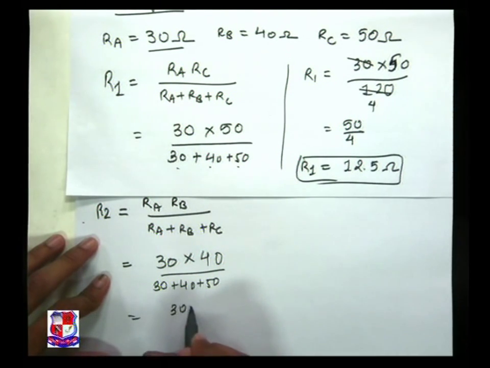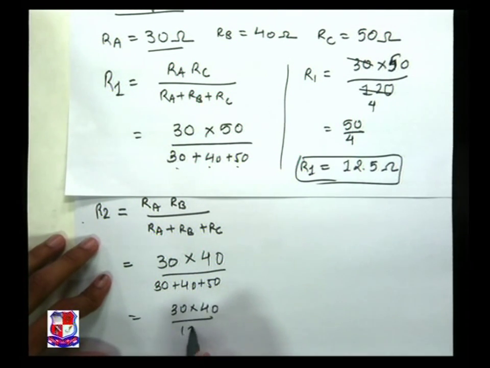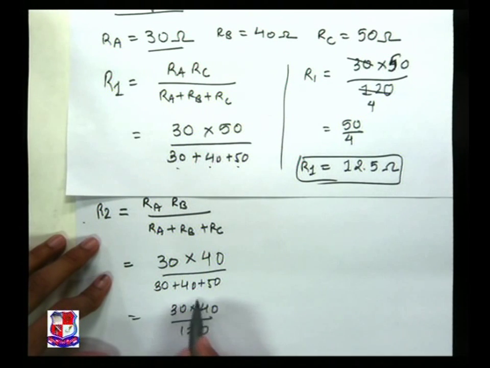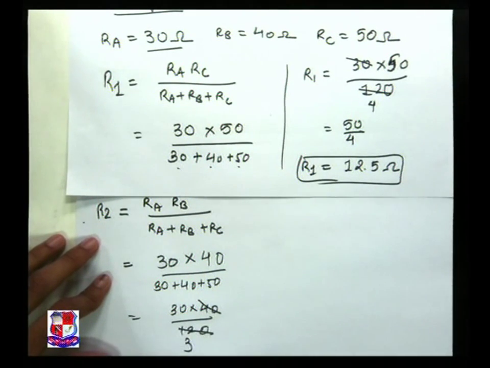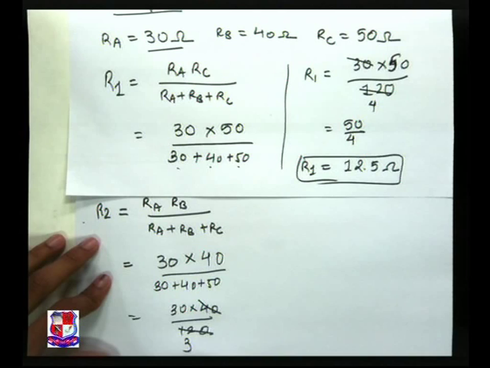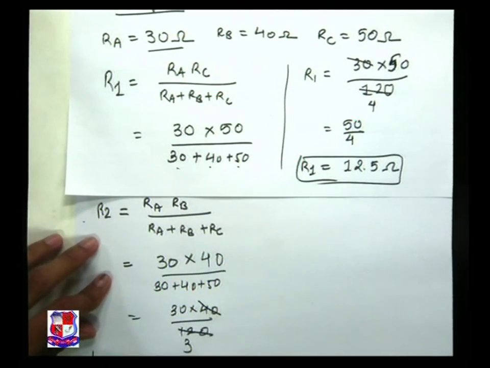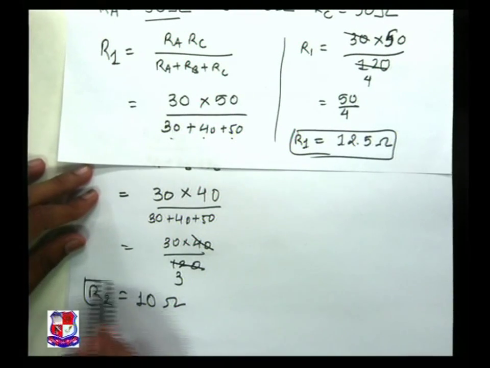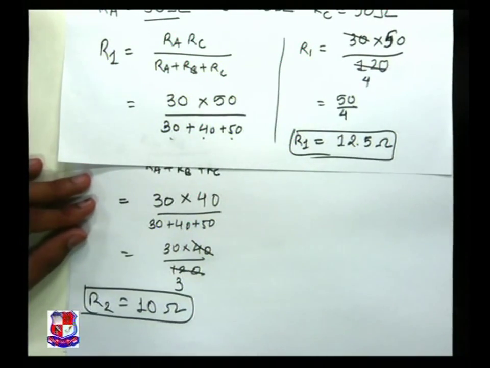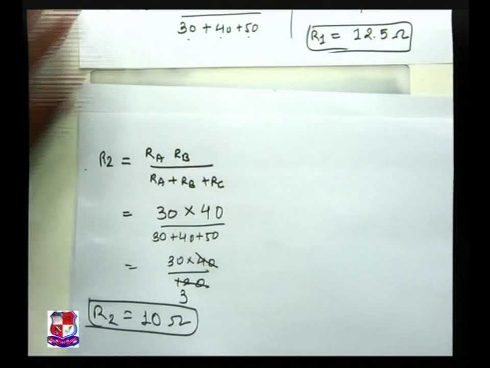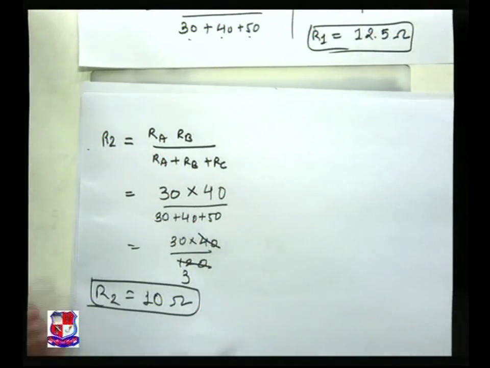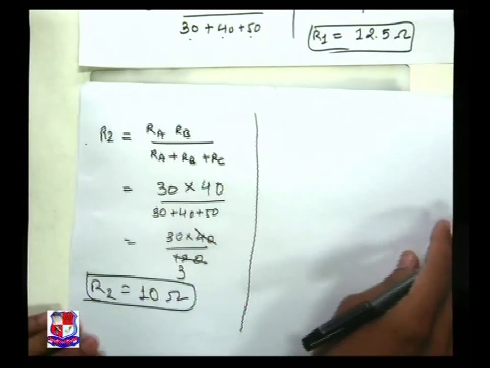In the denominator we get 120; 4 3s are 12 and 3 3s are 10. That means we get R2 equal to 10 ohm. And similarly we go for the